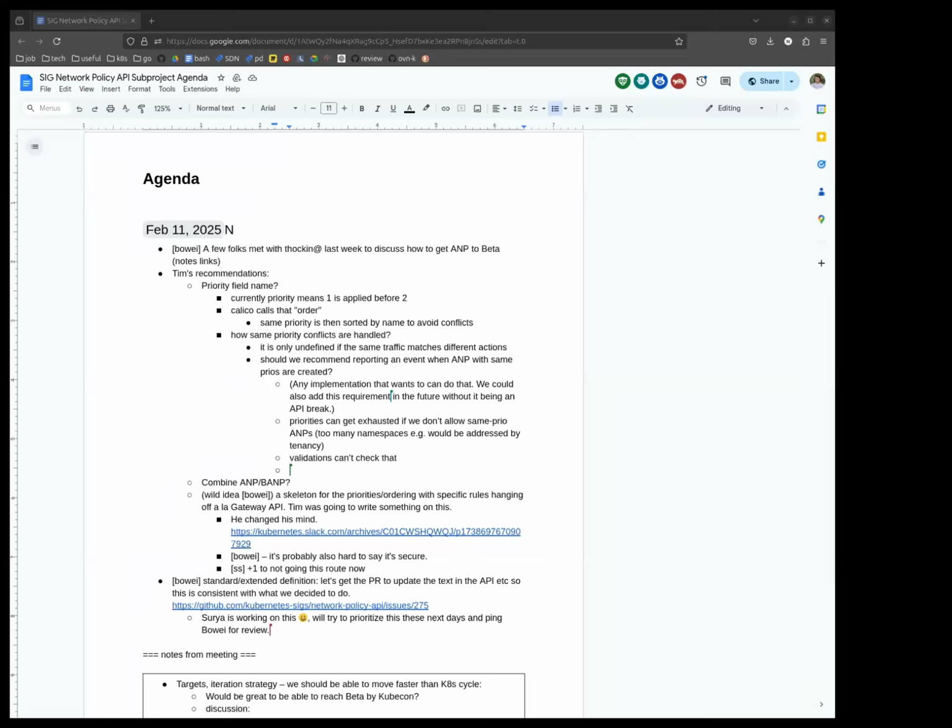I don't think the multiple rules within each policy really change things at all. I mean, yeah, you can have more opportunities to create a conflicting rule, but fundamentally either the two policies have the same priority level or they don't. And in either way, it doesn't matter how many rules you have. If they have the same priority level and they conflict, then they conflict. And if they don't have the same priority level or they don't conflict, then there's no problem, regardless of how many rules you have.